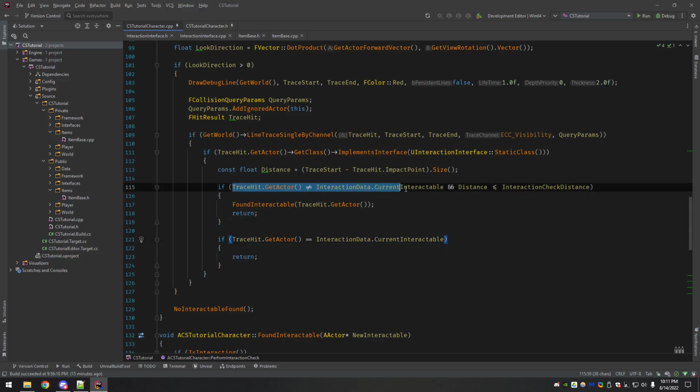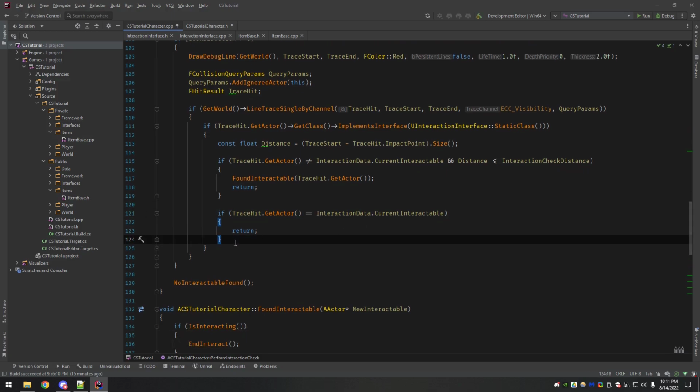So if it's the same, then we should just end up here. But then again, no, if it's the same, it just does nothing. So it's basically if it fails the line trace or if it's not part of the interface. That's really when it's going to come here.